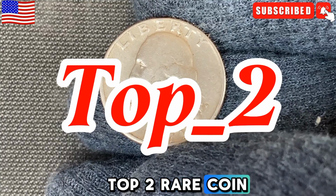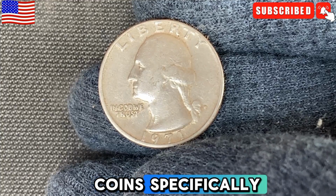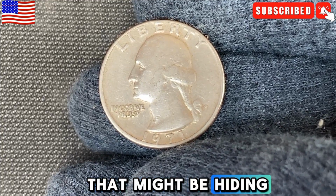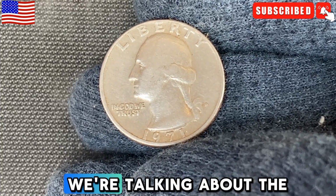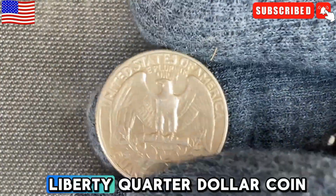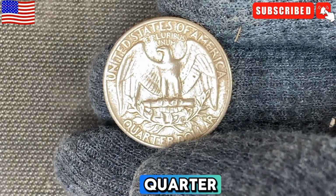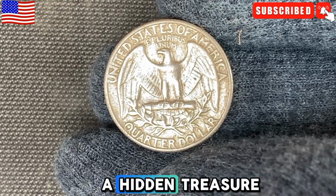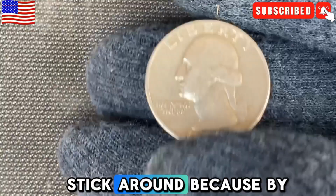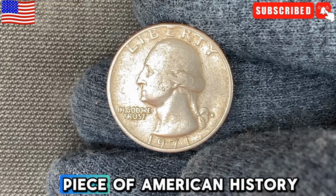Top 2 Rare Coin. We're about to take a deep dive into the world of US coins, specifically focusing on a coin that might be hiding in your collection and could be worth far more than you might expect. We're talking about the 1971 Liberty quarter coin. You may think of it as just another quarter, but don't let its modest appearance fool you. This coin could hold a hidden treasure. Stick around, because by the end of this video, you'll be amazed at how much this piece of American history